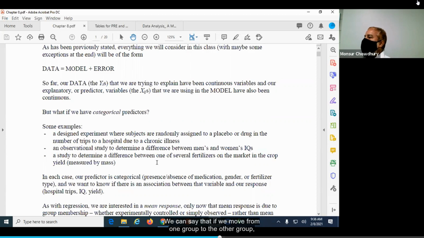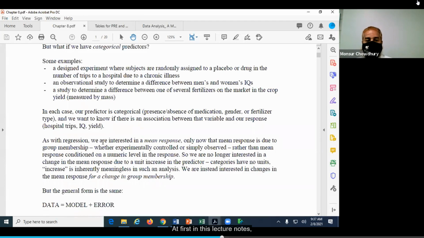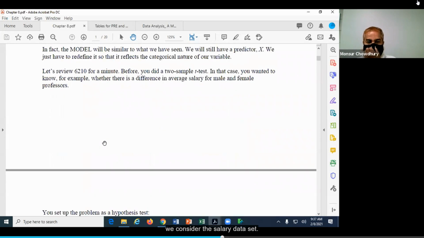So we can say that if we move from one group to the other group, what is the average change in the response variable when we shift from one group to the other group?